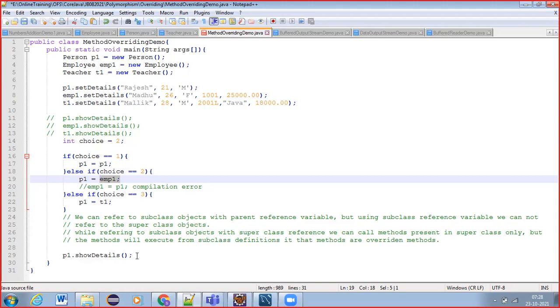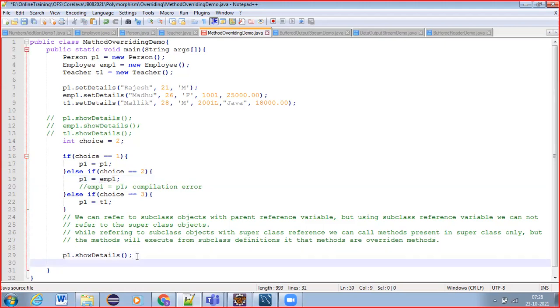Now after displaying p1 dot show details, if I say p1 dot say hello, then what happens? It will give you a compilation error.